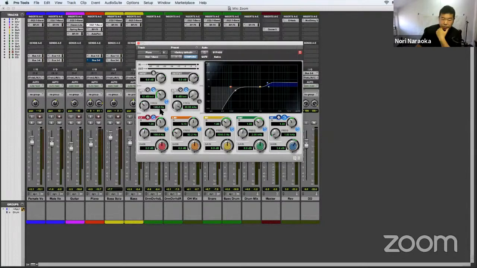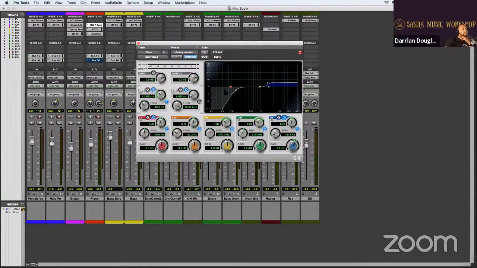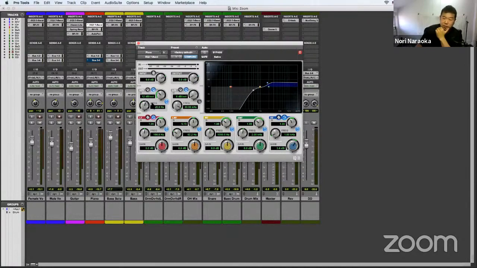So I put 140 for the low cut. This much. So you cut out 100. So everybody got that 140 cut for the low end. You can play around with that. You can mess around, moving it around like this, and just adjust until you hear